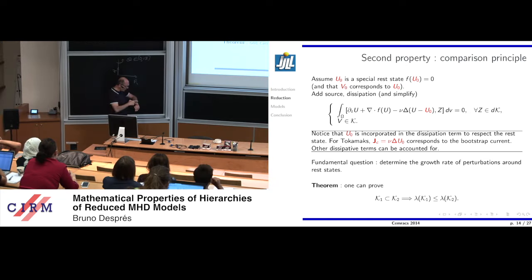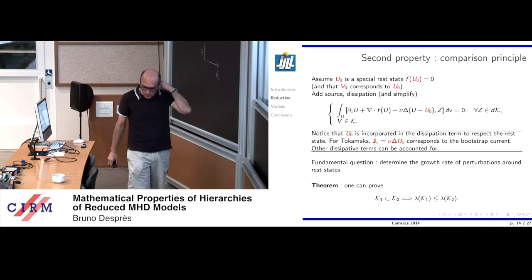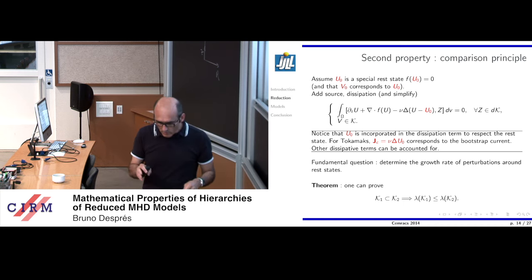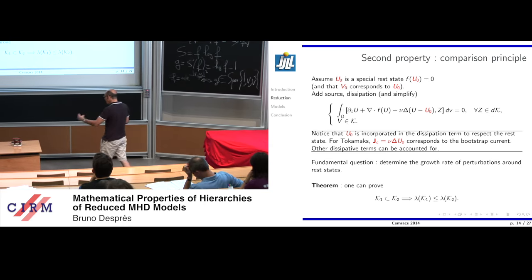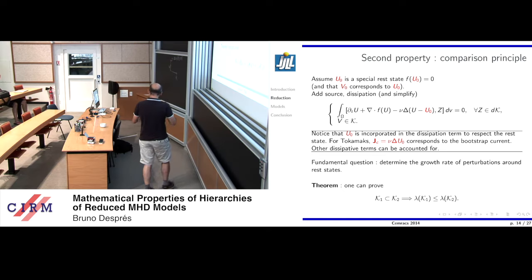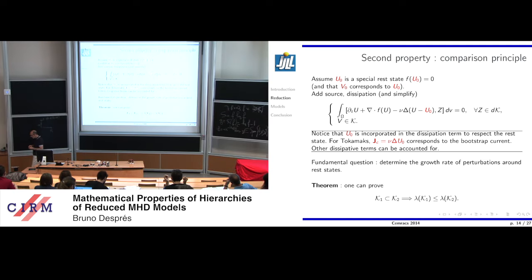There is another nice property. In hyperbolic theory, in the Chen and Levermore paper, many properties are proved, and one is that if you have a hyperbolic system of size n, there are n waves with wave velocities. MHD also has wave velocities. And if you reduce the model, the velocities of the reduced model are less in absolute value than the velocities of the original model. This is a very important structural property.